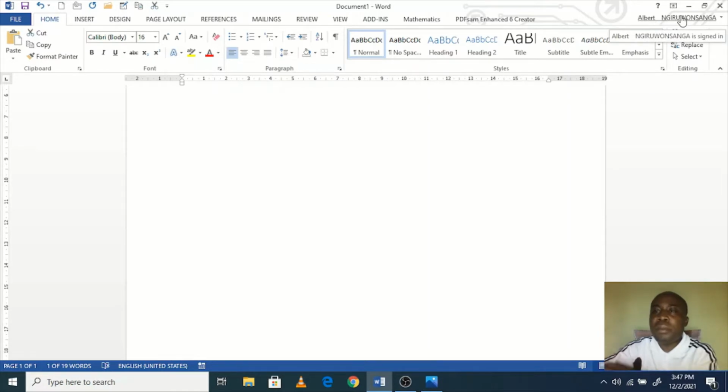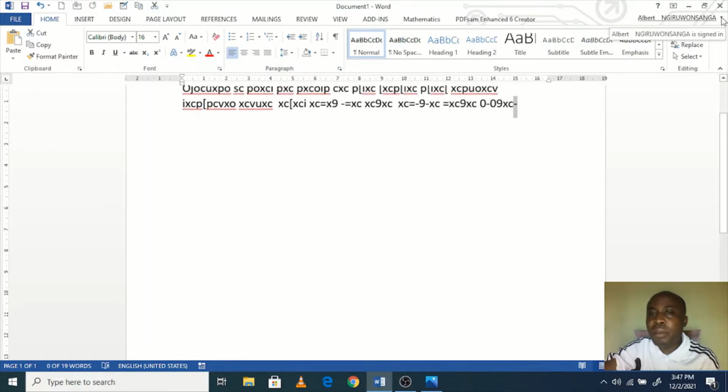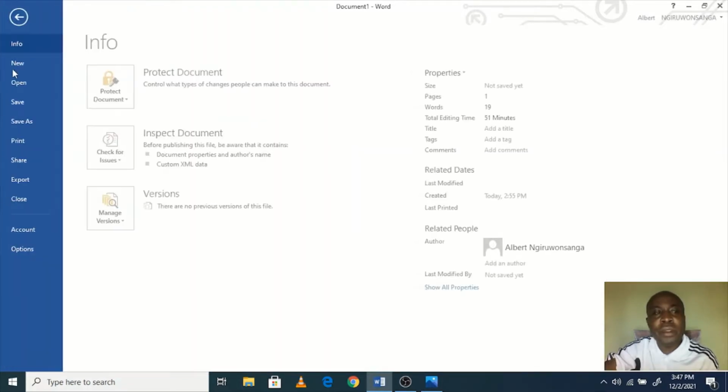So for Microsoft programs to be able to use them, most of the time you have to provide the license, of course, in order to activate them. So that's why my name is being displayed here, because the email that I am using is somehow registered in Microsoft. So to do it, you go to File, then you click on